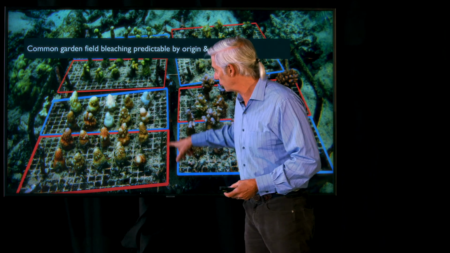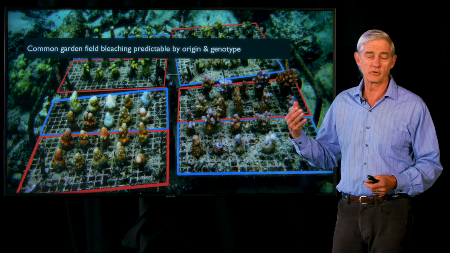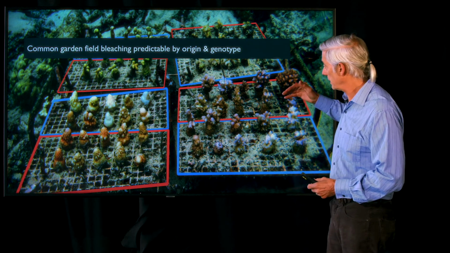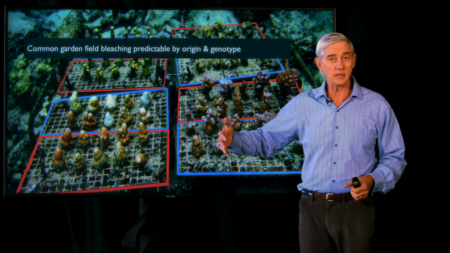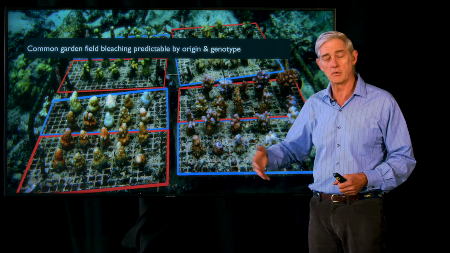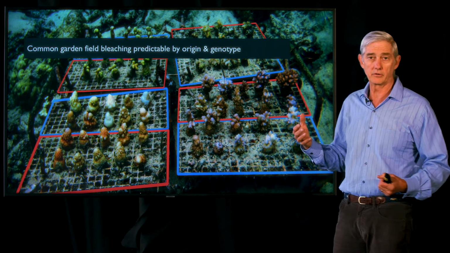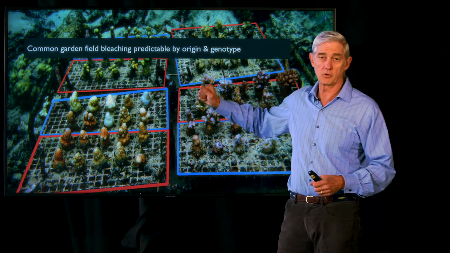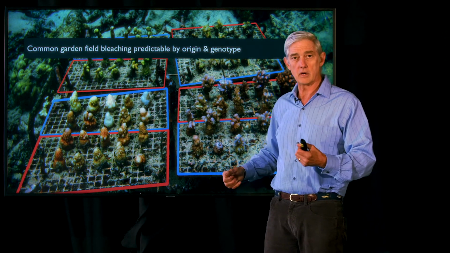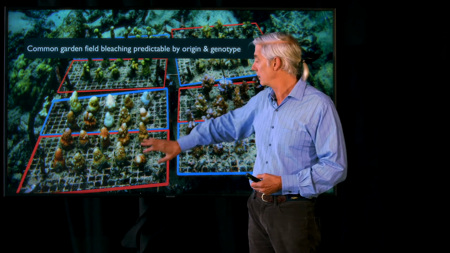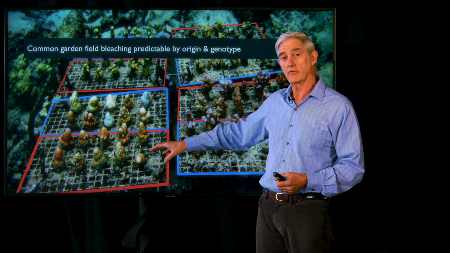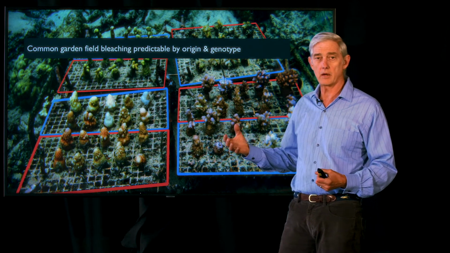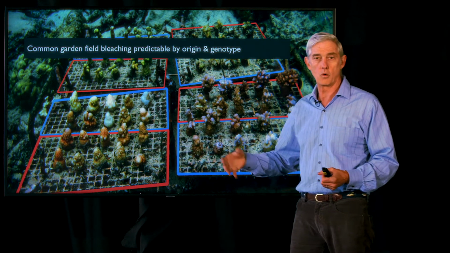And circled in red are the corals that were heat resistant that came from the warm water part of the reef. What's shown here is the results after the bleaching events that happened in American Samoa in 2015 and 2016. And what you can see is that the corals that came from the cooler water parts of the reef bleached a lot more than these other corals. In fact, bleaching in the cool water corals was 2 to 3 times higher than bleaching in the warm water